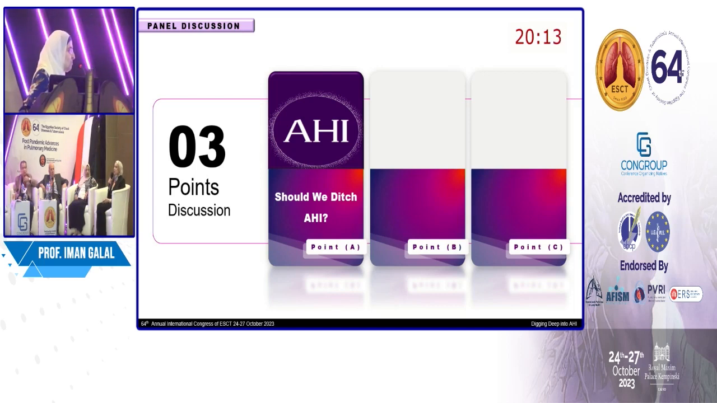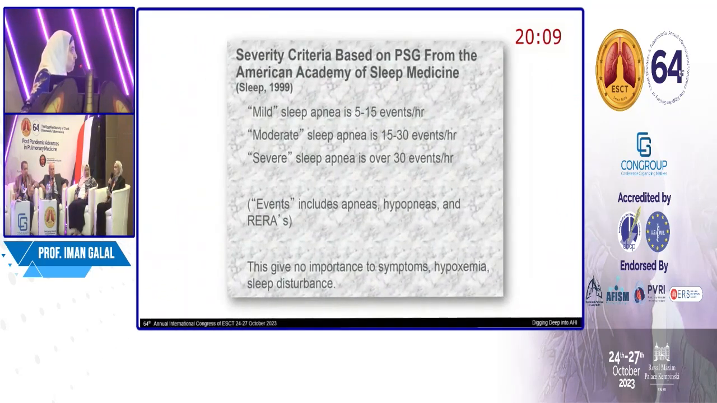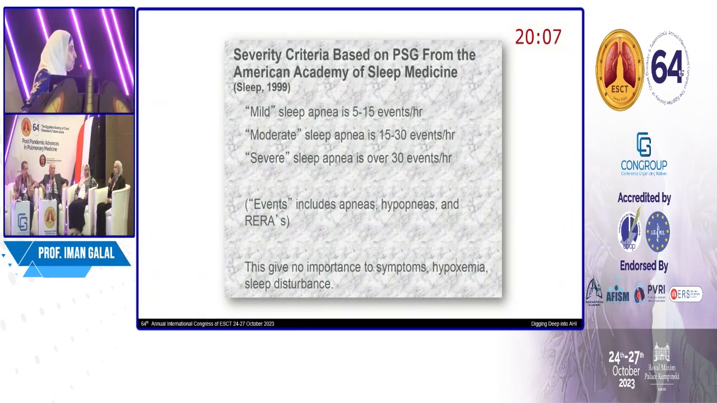And regarding the apnea-hypopnea index, it's well known that it's part of the definition of obstructive sleep apnea, and it's used for severity assessment and grading, ranging from 5 to 15 for mild cases and 15 to 30 for moderate cases, and more than 30 events per hour of sleep for severe cases. The events include the apneas and hypopneas,